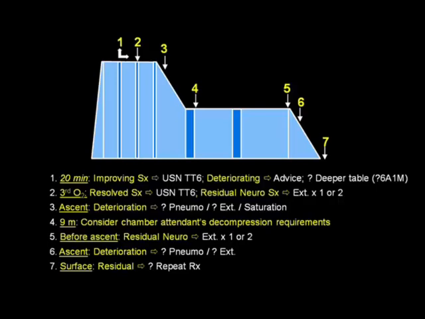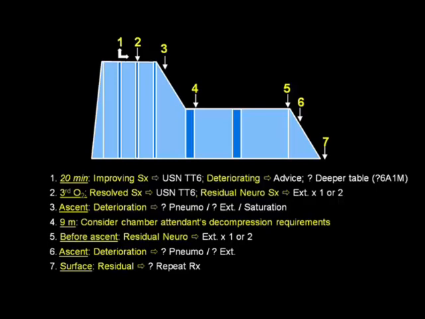The next prompt, number 3, is during the ascent from 18 to 9 meters. The reason for this prompt is that this is the time in which a potential pneumothorax might manifest because the decompression causes it to expand and might even lead to a tension pneumothorax. Therefore, this is the time to monitor for deterioration of either decompression symptoms or respiratory symptoms. If they occur, the table may need to be extended at 18 meters and a pneumothorax may need to be